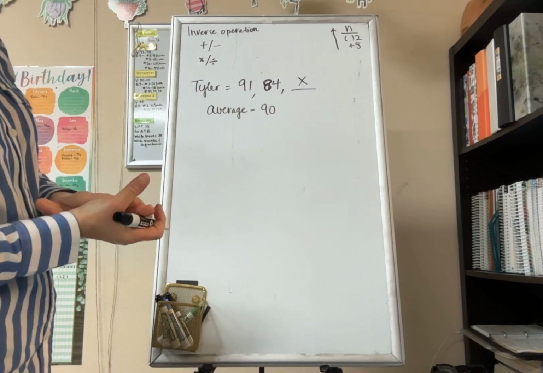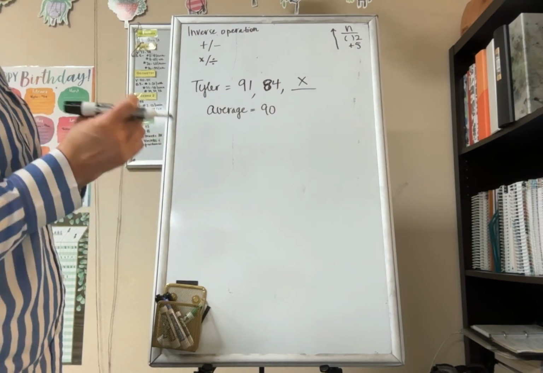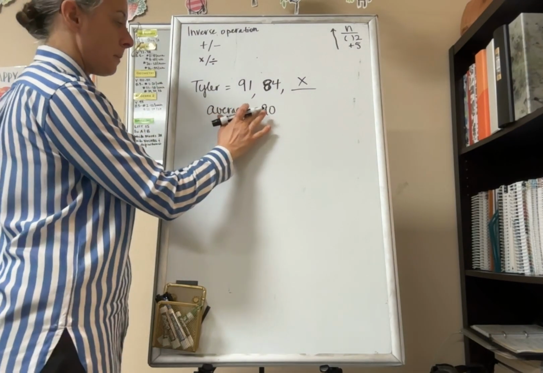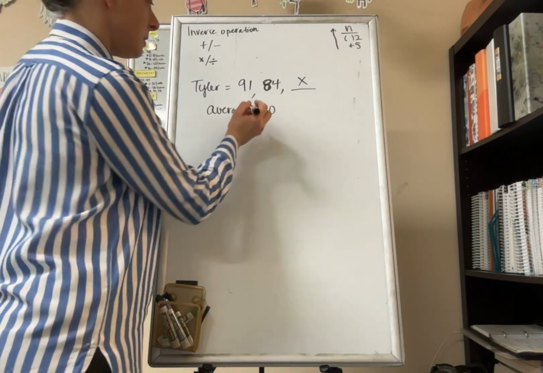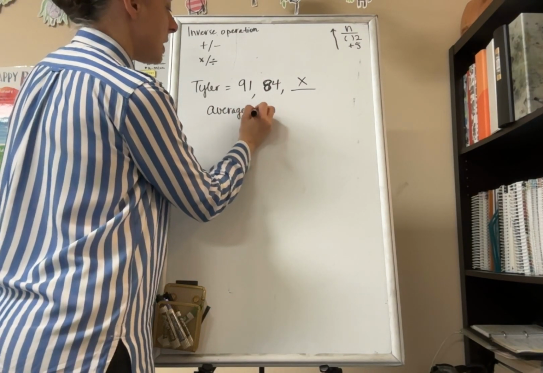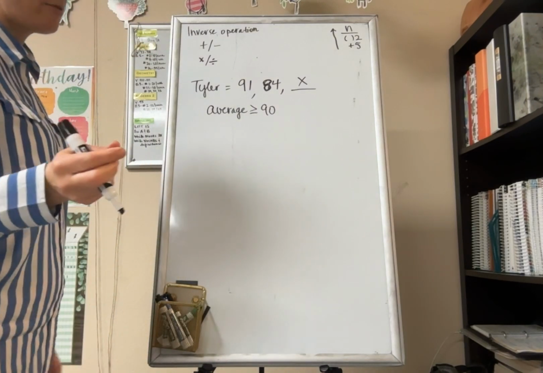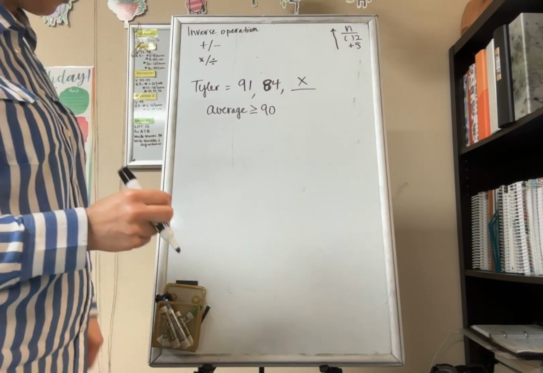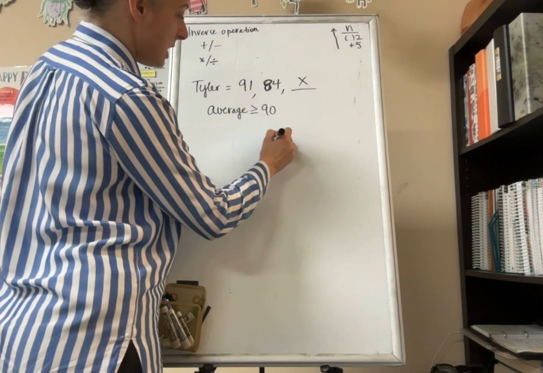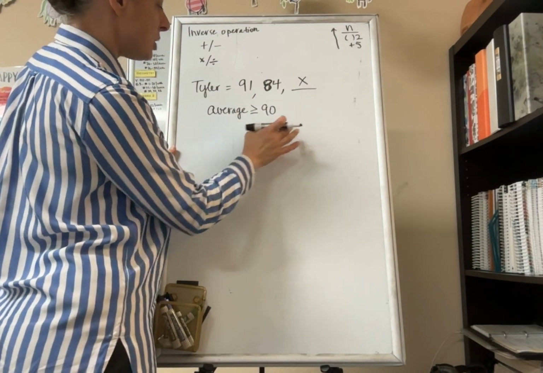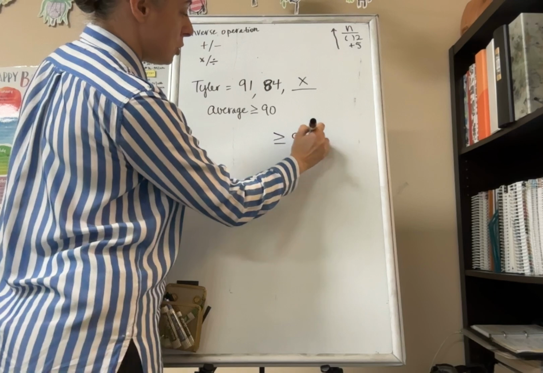Now Tyler wants his test average to be at least a 90. So is he okay with making more than a 90? Yes. He's also okay with making just a 90. Is he okay with his average being below 90? No. Good for Tyler. So let's set up an inequality here where the average is greater than or equal to